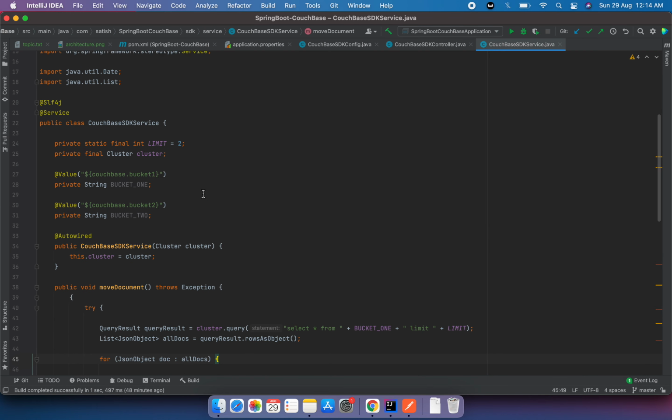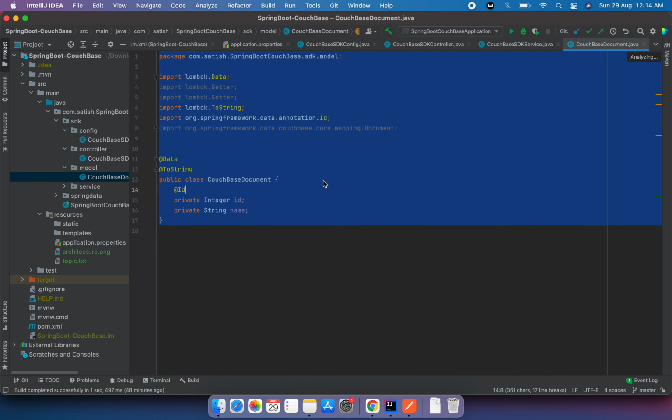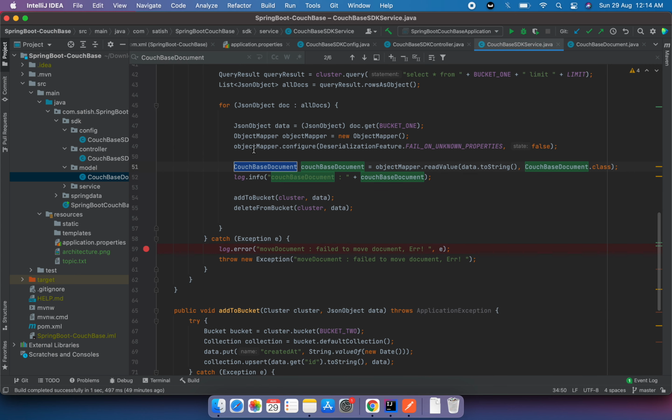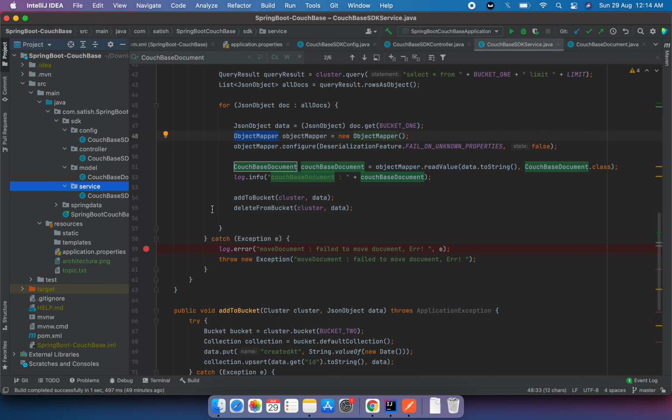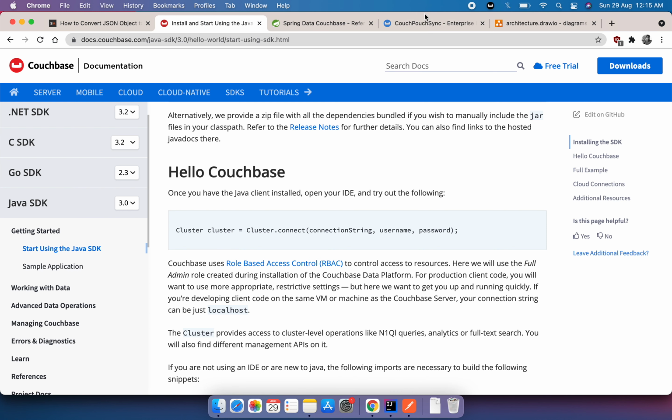So that's pretty much what this service does. And the model I have is a Couchbase document. The only use I am making of it in this example is mapping it and printing it to the console, so there is no other requirement. That's why I've taken the example of the object mapper. You can also use that. And the service, I already explained. This is our Spring Boot application, a simple application, no code in the main file. With that, I will quickly go and create some of the buckets.